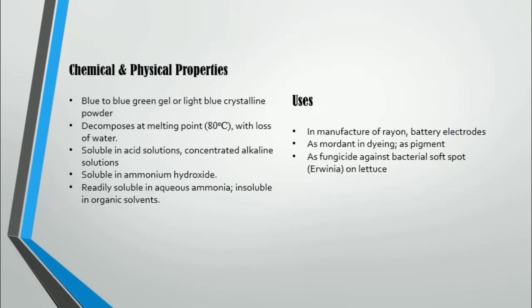The chemical and physical properties of copper(II) hydroxide are: it appears as a blue to blue-green gel or light blue crystalline powder. It can decompose at its melting point, which is 80 degrees Celsius, when it loses water. It is soluble in acid solution, concentrated alkaline solution, ammonium hydroxide, and aqueous ammonia, but insoluble in organic solvents. The uses for this compound